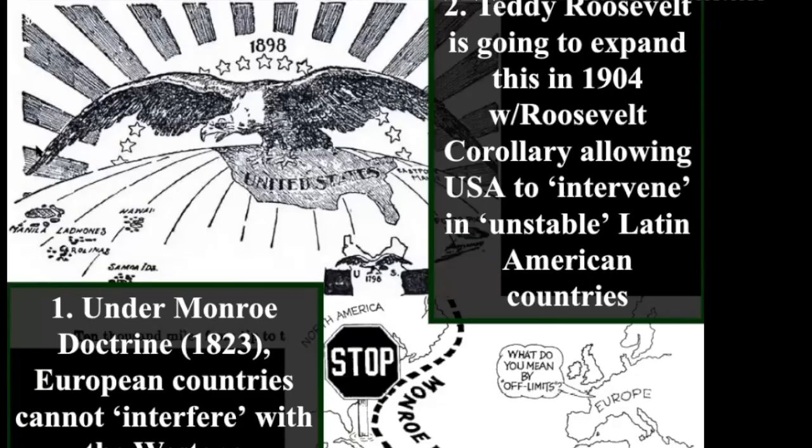Okay, so obviously this is going to be an example of imperialism. So we see imperialism with James Monroe, the president, issuing the Monroe Doctrine, saying, hey, Europe, stay out, this is ours. And then later presidents like Teddy Roosevelt expanding that and saying, okay, this is where we're going to start moving in and establishing our spheres of influence.